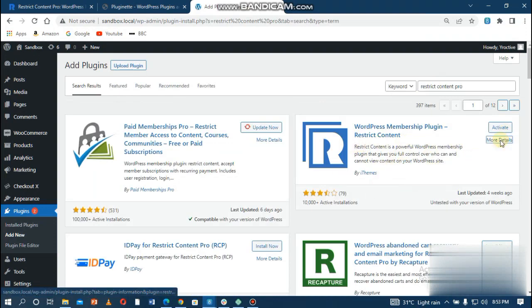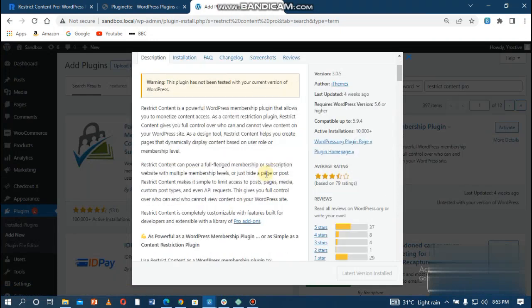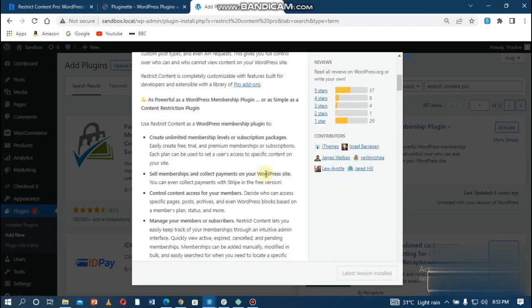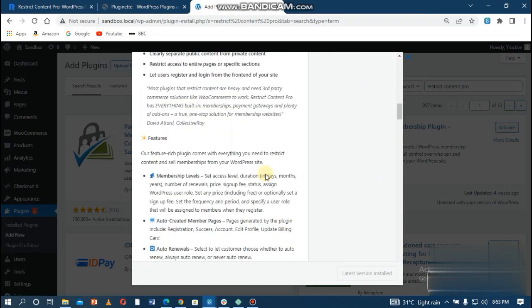Now the plugin that pops out in your list of plugins is the free version, but then you can always upgrade from here to the pro version, which is what will be needed for the custom field plugins to work. So after a successful installation and activation of this Restrict Content, you can always upgrade it to your pro version,